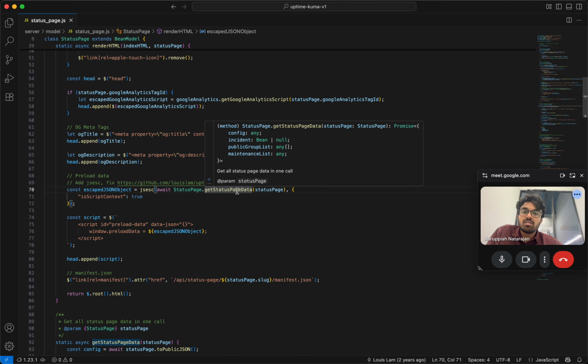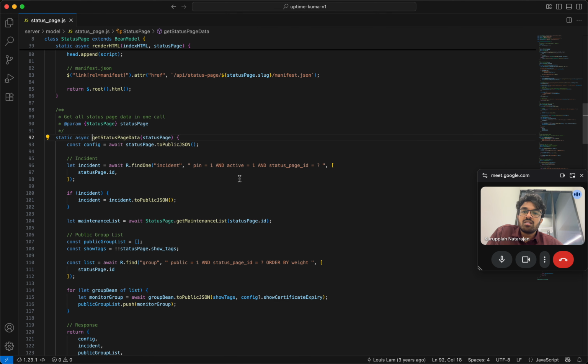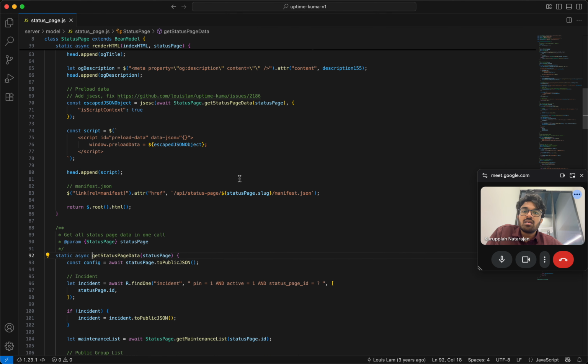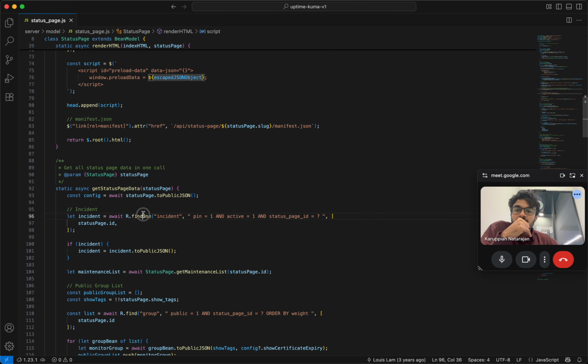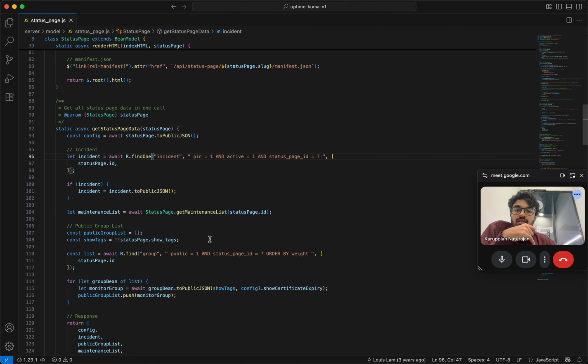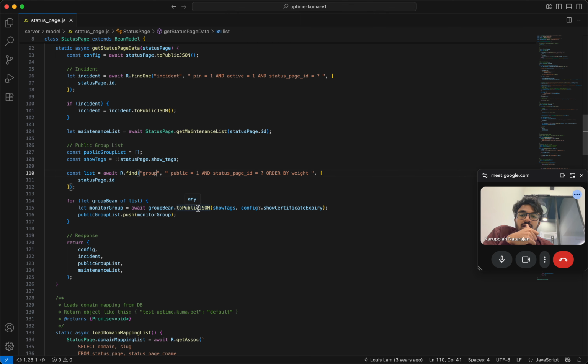Okay. So this is what gives the data, I guess. Right. And then it says preload data is equal to this JSON object. Okay, so here it will say find one incident and then get maintenance list and then find group public and status page ID. Okay, group B. Okay,